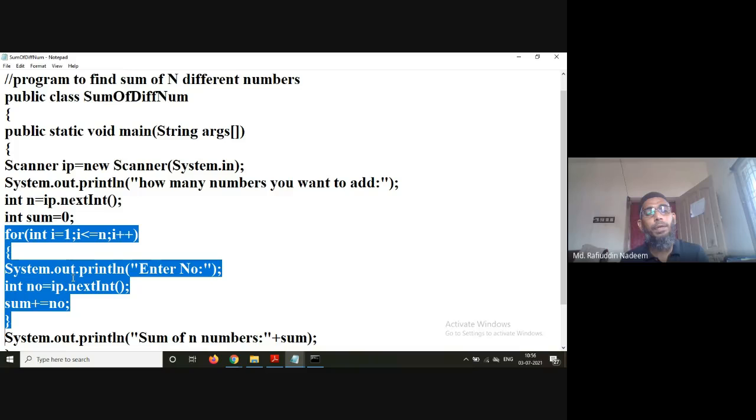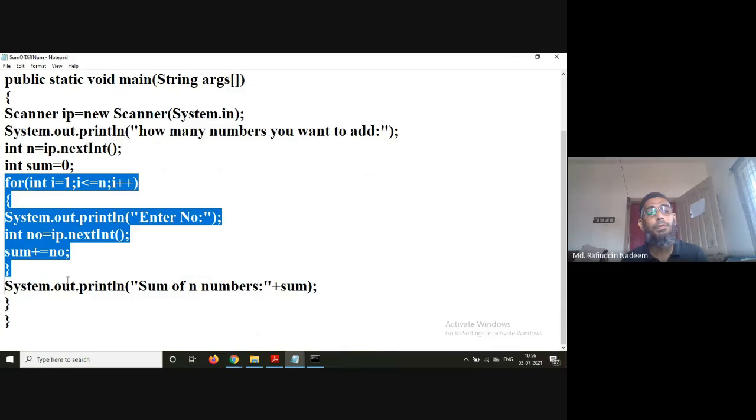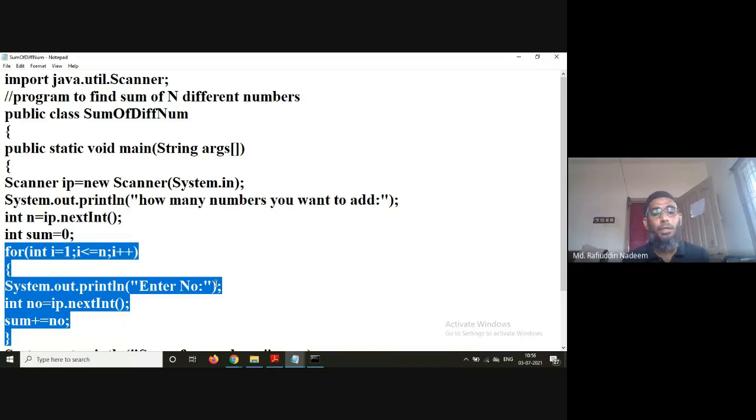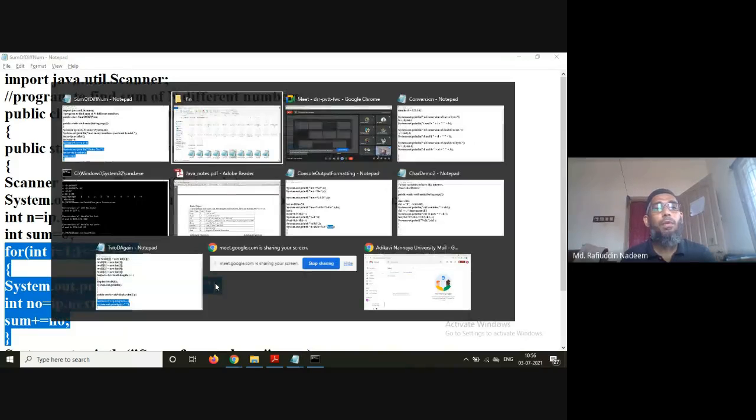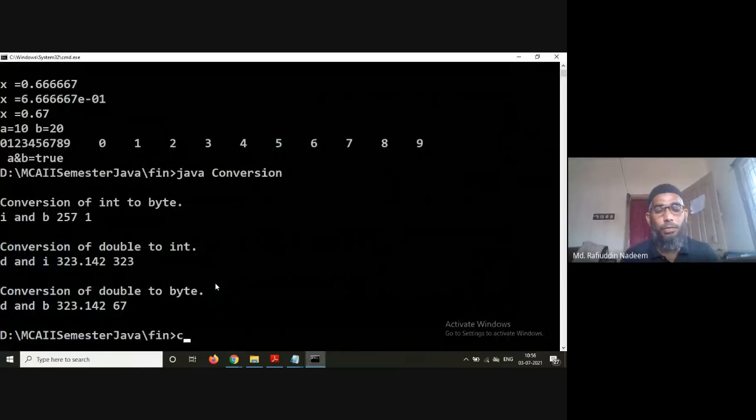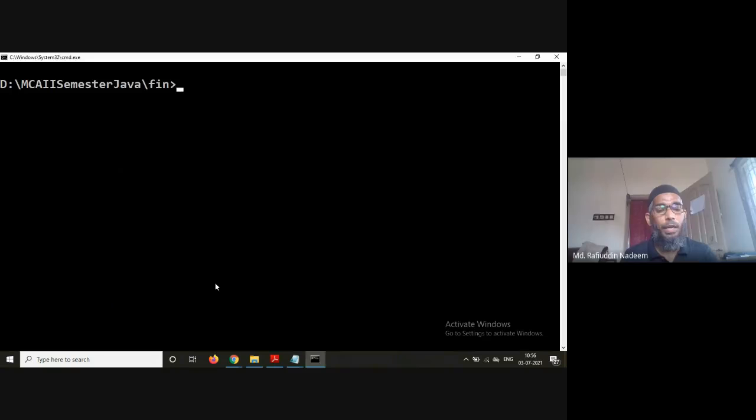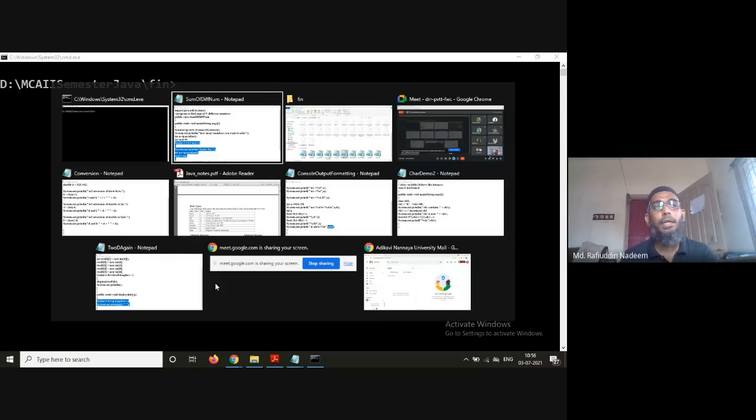For the second number, if I enter 5, then 10 plus 5, 15. Then the third number, if I enter 2, then 15 plus 2, 17. Like that, however many numbers you want, you can add, and then simply display the sum here. So for practice purposes, all the C programs we have, please try to convert them into Java programs.